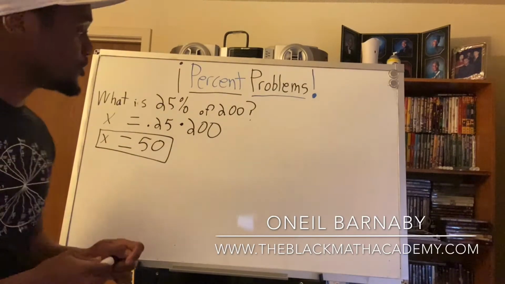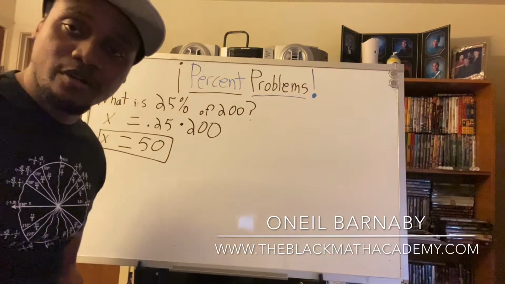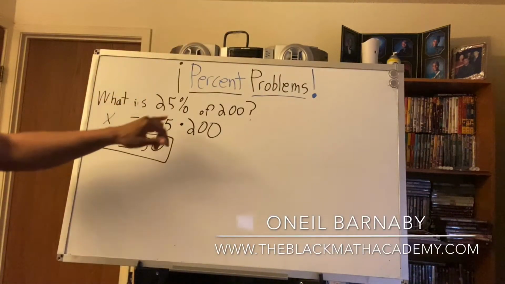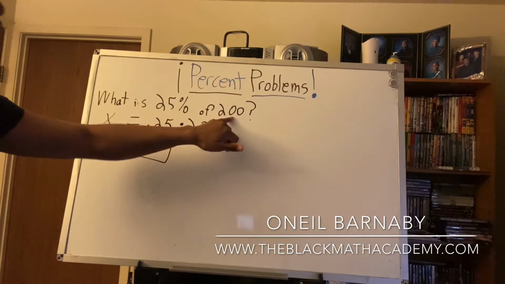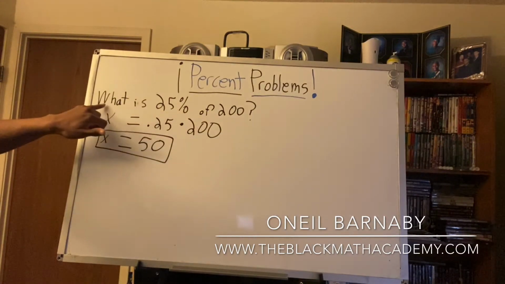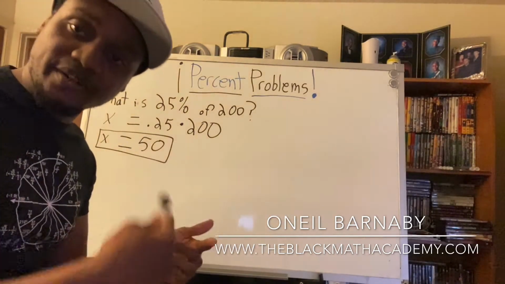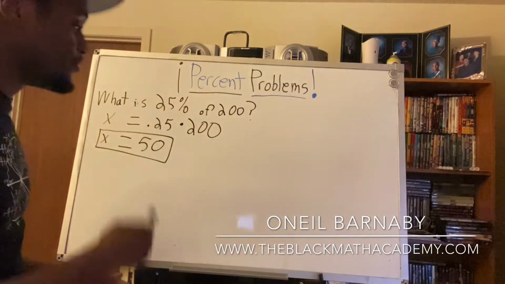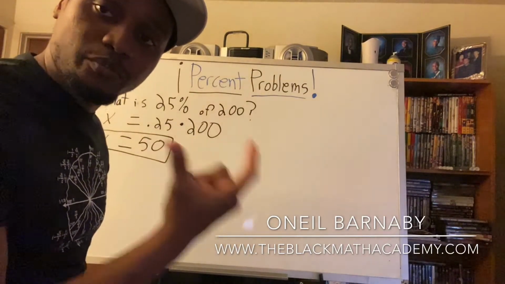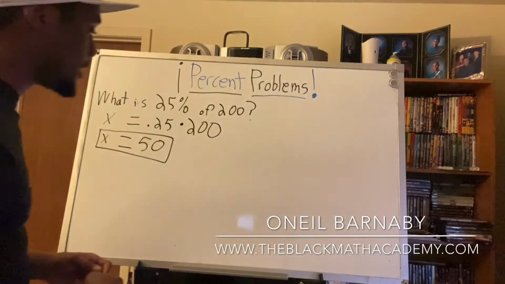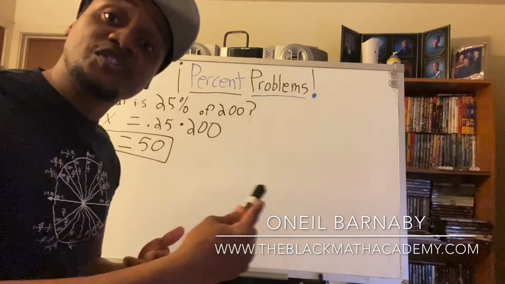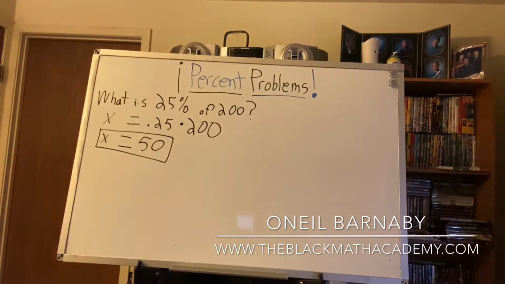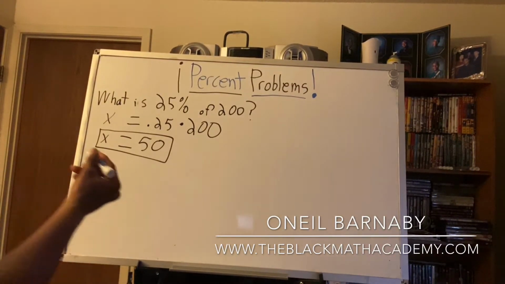What I should also illustrate is that when it comes to percent problems, there are really 3 values in every percent problem. You have the percent, you have the value you're trying to take the percent of, and the result of what happens when you take the percent of that value. So those 3 numbers are in every percent problem. And this particular method of translating every word into its mathematical counterpart will work no matter which of those 3 values is missing. For example, let's say it said